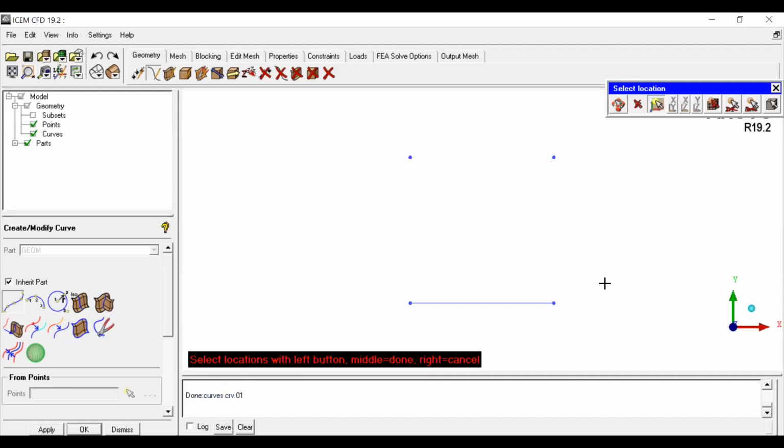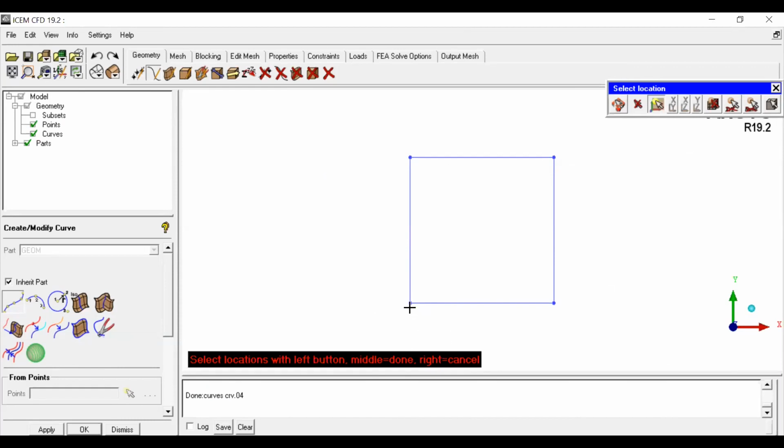Middle click so that the selection is done. And second point, third point, using the left mouse button, and the selection is okay. Then done with the middle button. Similarly, third and fourth point, click middle, so the line is generated. And combine 4 and 1, select the middle button.